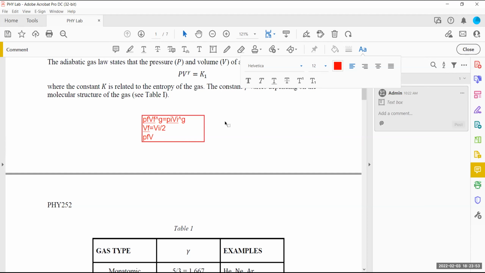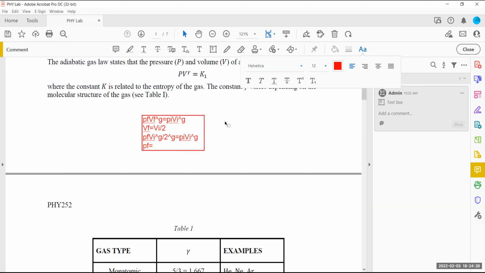So it's going to be V initial to the power gamma divided by 2 to the power gamma, equals, according to this law, P initial times V initial to the power gamma. Now, V initial to the power gamma cancels from both sides. So we'll end up with P_F equals, when I move 2 to the other side,